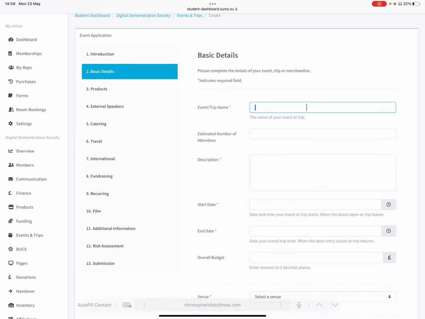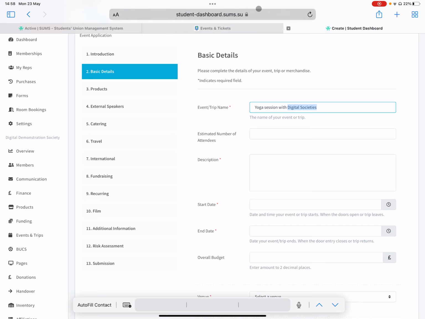Name of your trip. So we're going to stick with, something I can't spell, yoga session with digital societies. So that's the name of our demo society page, and it's quite a good idea to put your society name in the title of your event, because